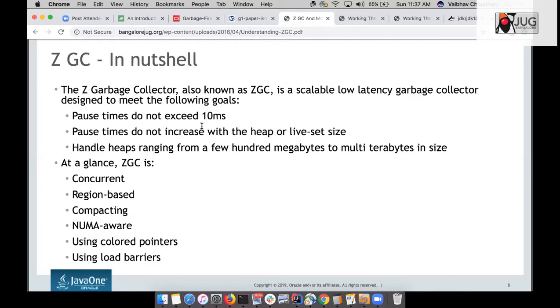Even I think G1 respects NUMA. And why does a garbage collector have to respect NUMA? Because when you are allocating memory, you need to allocate into the local memory of that particular core. So it is very important for the GC to respect the NUMA architecture. If memory is required for the P1 processor, you cannot allocate it in the P2 local memory area, right? So that's why the GC needs to understand the NUMA architecture.